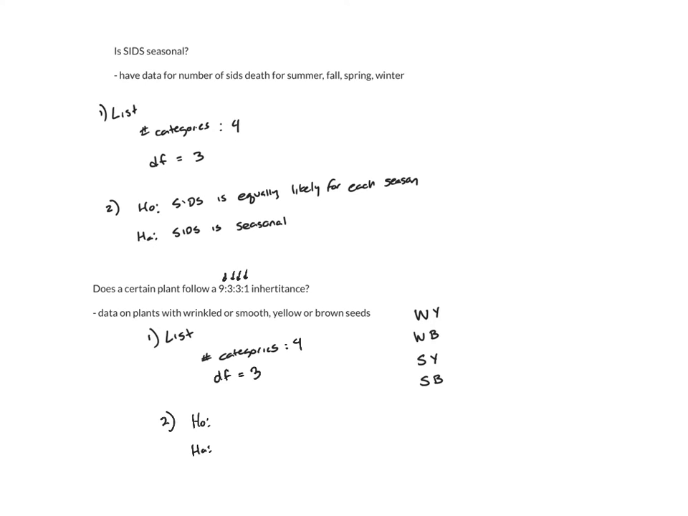That is, the distribution fits. So we're going to say it follows a 9-3-3-1 inheritance. Once again, our null hypothesis is always that the distribution fits. It says, yeah, it's 9-3-3-1 here. In the above example, it was, yeah, each season is equally likely. I'm trying to prove the opposite. That is